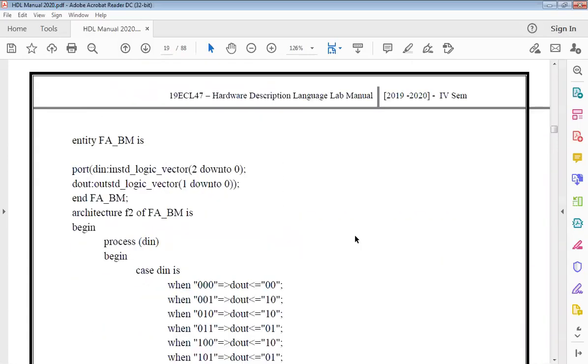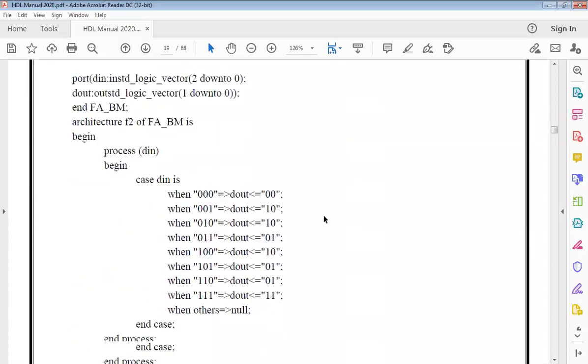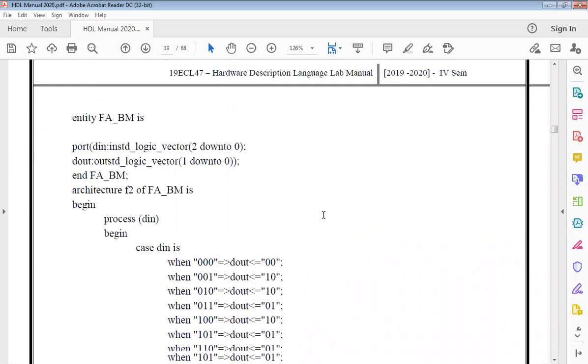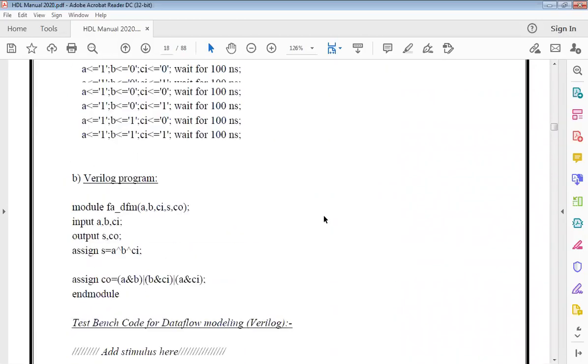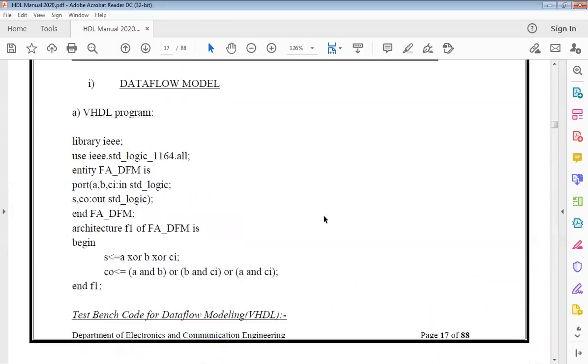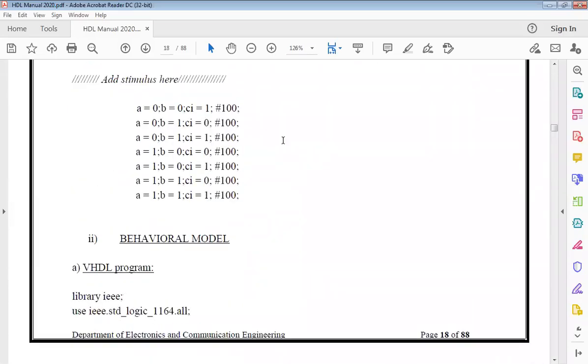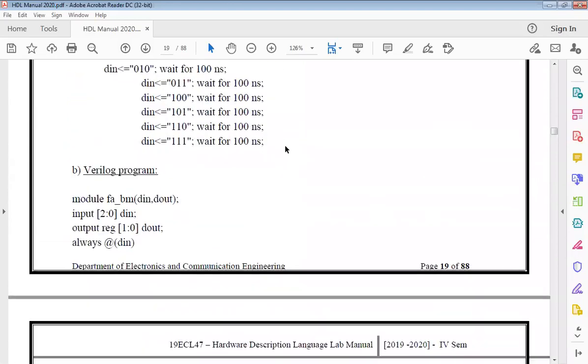Behavioral is where you make use of the truth table, and data flow is wherein directly you give in your equations. So these were the three major types of programming styles we looked into for full adder, right?